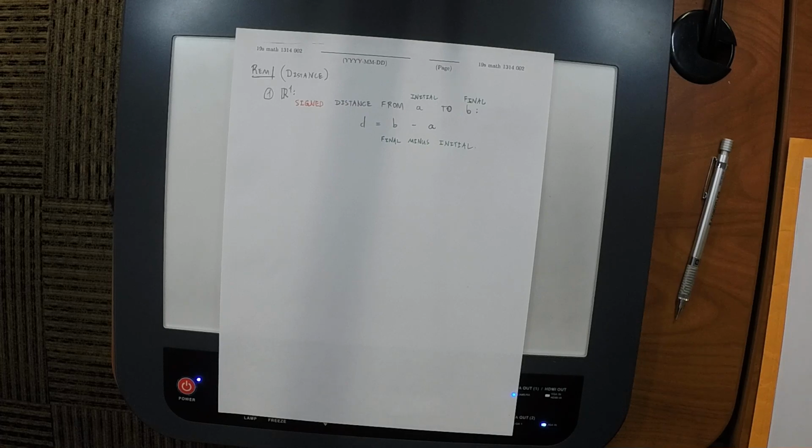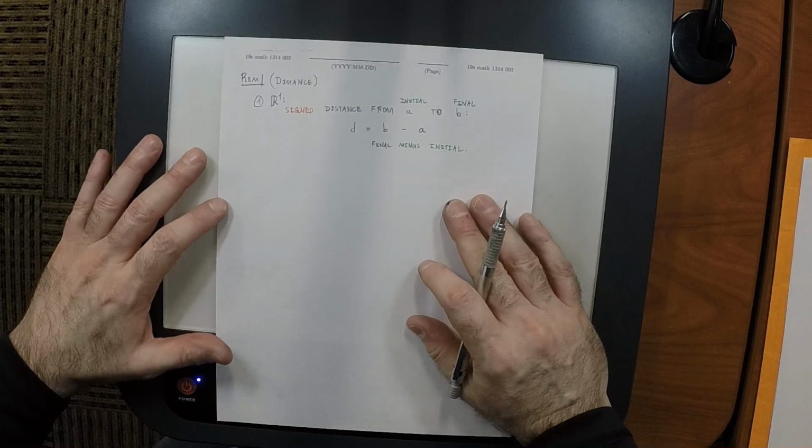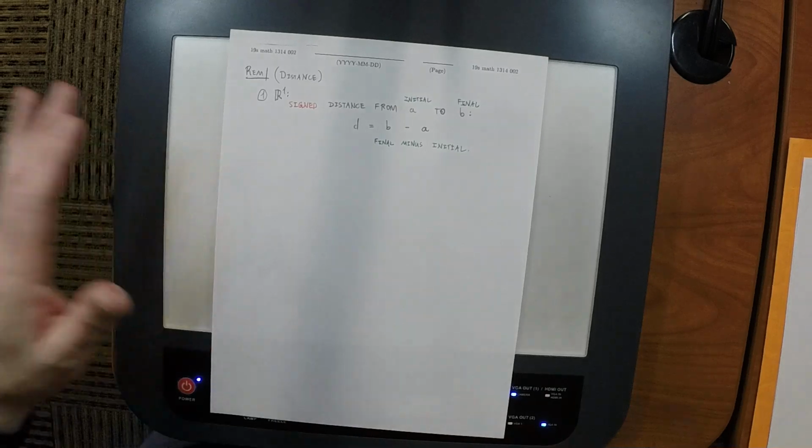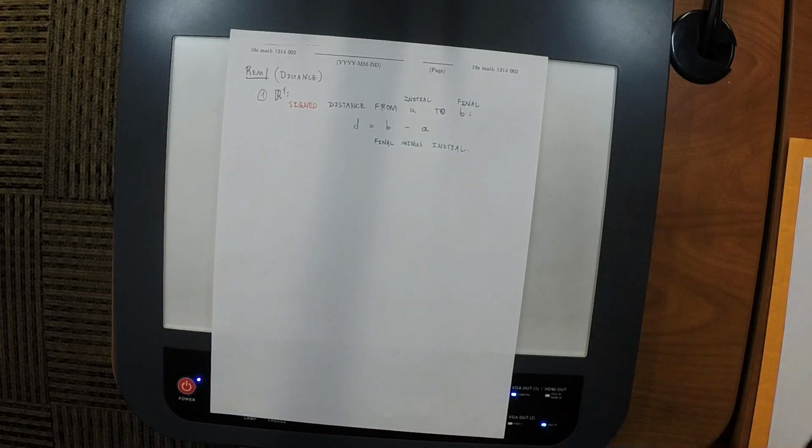All right. So it's called signed because in principle this distance could be negative. So to give an example,